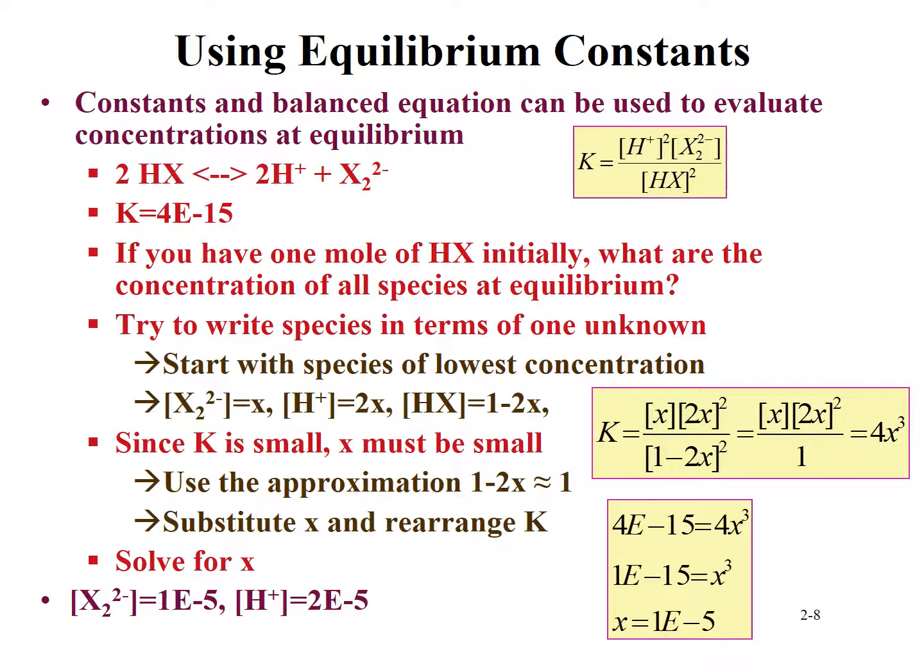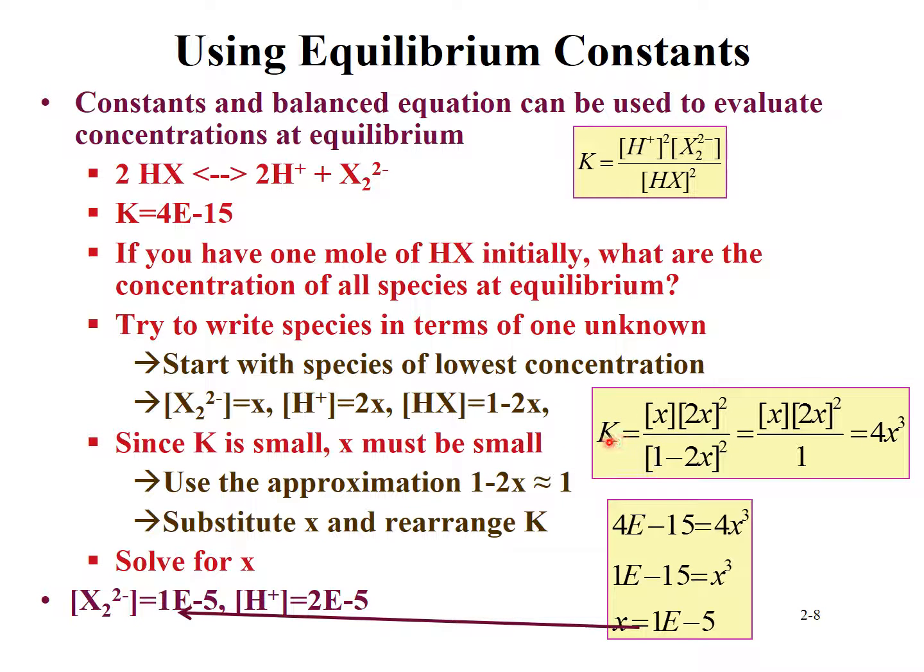So if we say that this dimer is equal to X, the proton concentration is twice the dimer concentration, and then the concentration of the starting compound is just equal to 1 mole minus 2 times X, because it takes twice the X, so I need to multiply the value of X. Well, since K is small, X must be small. And 1 minus 2x we're going to approximate with 1. So this is a way of solving this equation with a little bit of some terms that makes it easier on us,